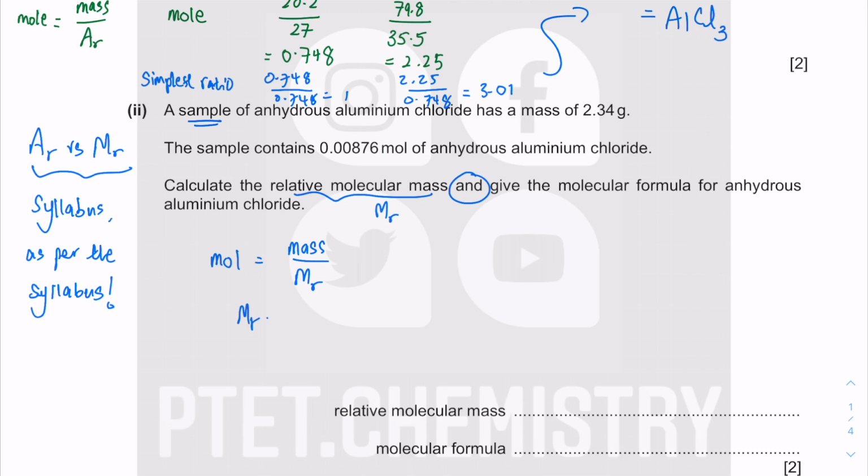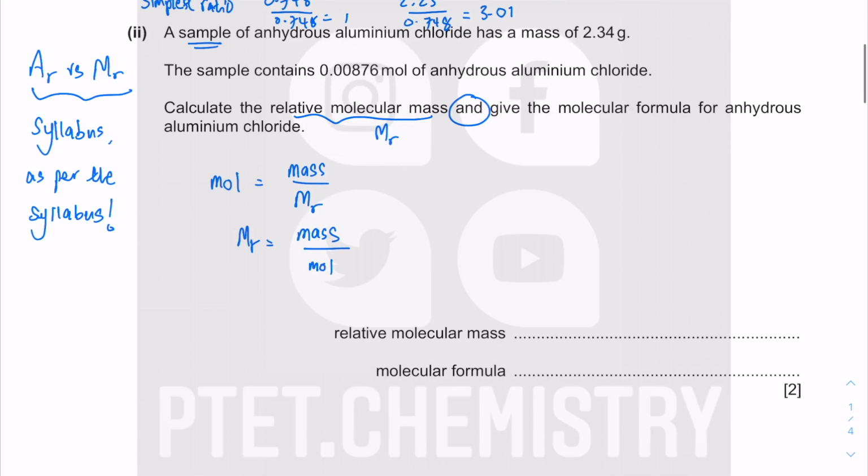We rearrange our equation, we move the mR up there, and then we can move the mole down there. So this is essentially just cross multiply. So putting in the values, your mass is 2.34 gram for the aluminium chloride, and the mole of the anhydrous aluminium chloride is that. As you can see, mR has a unit of gram per mole because it's basically telling you the mass for 1 mole of the substance. And I get mR is